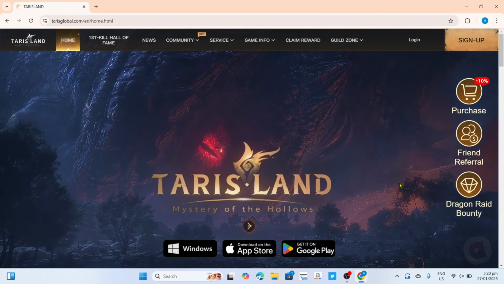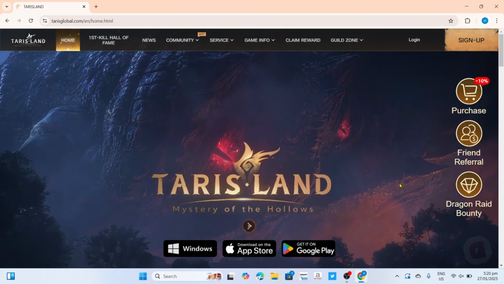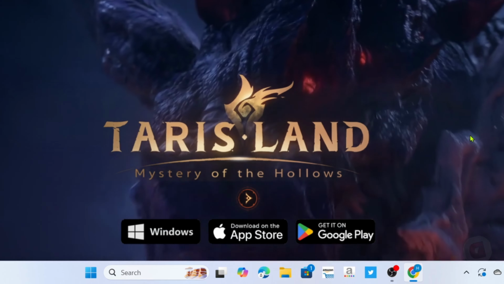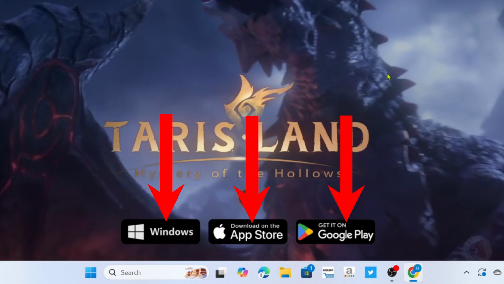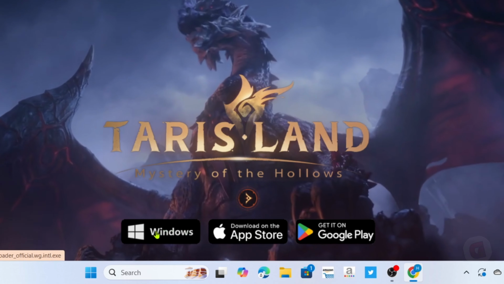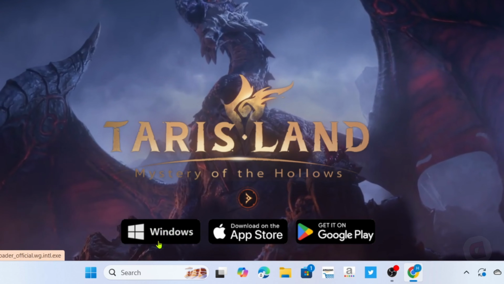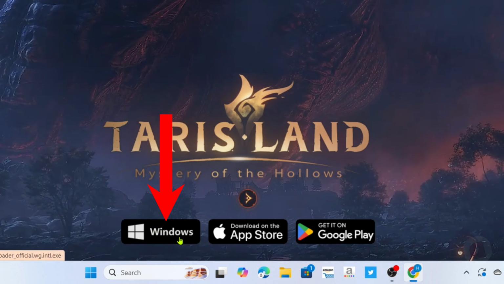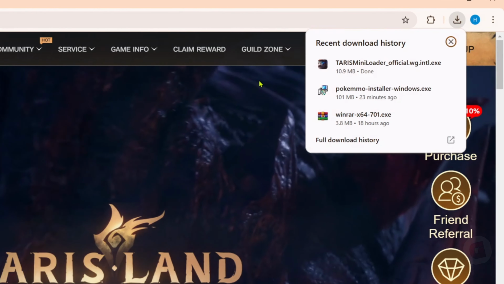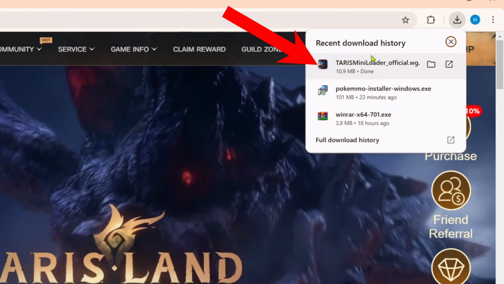After searching, you will now be on the website. To download Tarisland on this website, it's so simple. If you take a look, you will be able to see the download options right here. Just select any button depending on your device. In my case, I'm using a Windows laptop, so this is what I will select. After clicking it, your Tarisland will be downloaded, so you can click the file to start installing